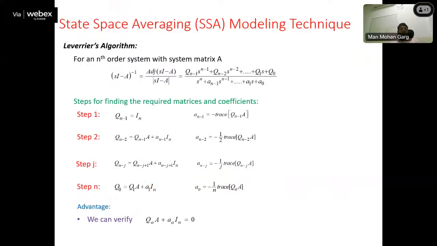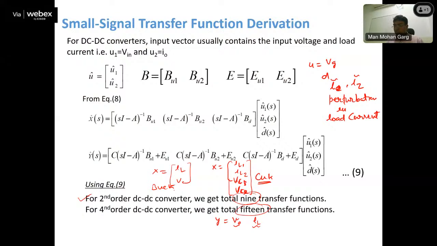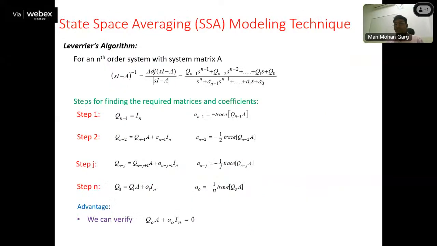So next is Leverrier algorithm we have discussed. So as I said that if model is second order and it's ideal only, then resolvent matrix, because in all these transfer functions, SI minus A inverse calculation is very important. If for this SI minus A inverse, we go through this direct formula, which is adjoint of SI minus A upon determinant of this, then it's easy. But if there are non-idealities, the order of the system increases to fourth order, fifth order, sixth order, then this becomes a bit complex, and we may be prone to error, and there is no way to find out whether whatever we have obtained is correct or not. So in order to solve this,